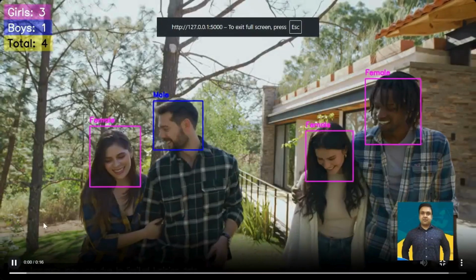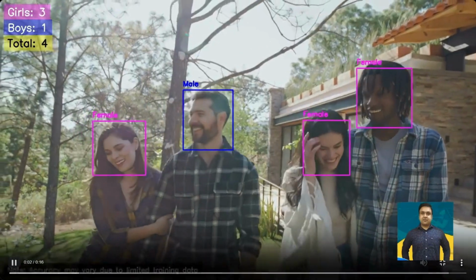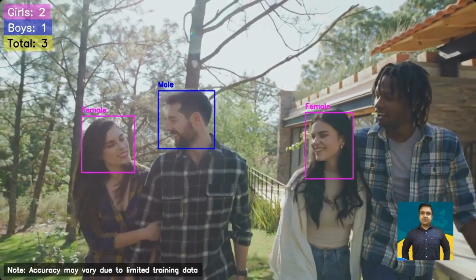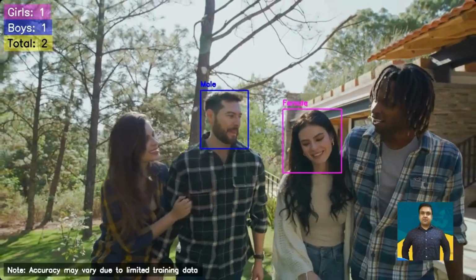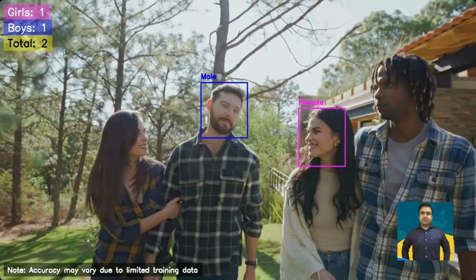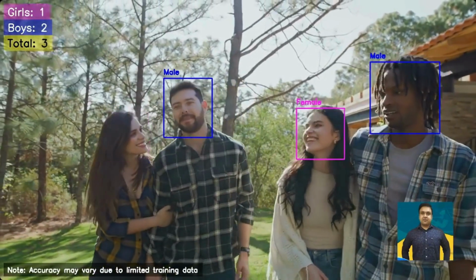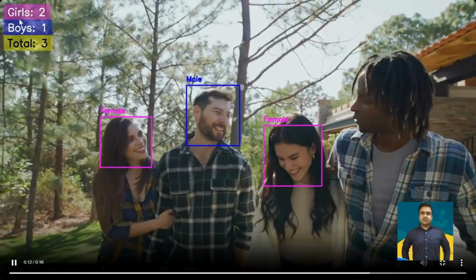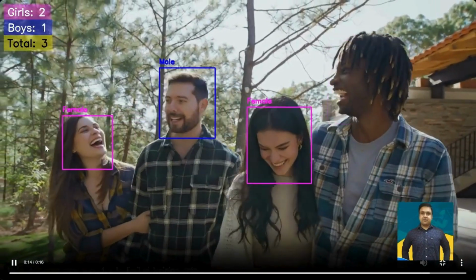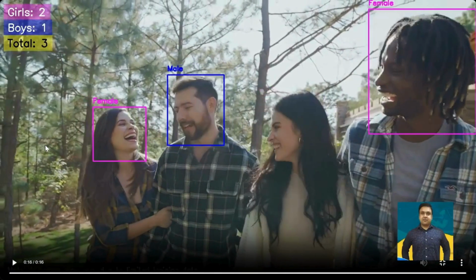In this one, I'm going to show you this Flask application with the help of which you can detect the number of males and number of females in a video, right? And also, you get to see the bifurcation on the top over here like this. So basically, we have used the